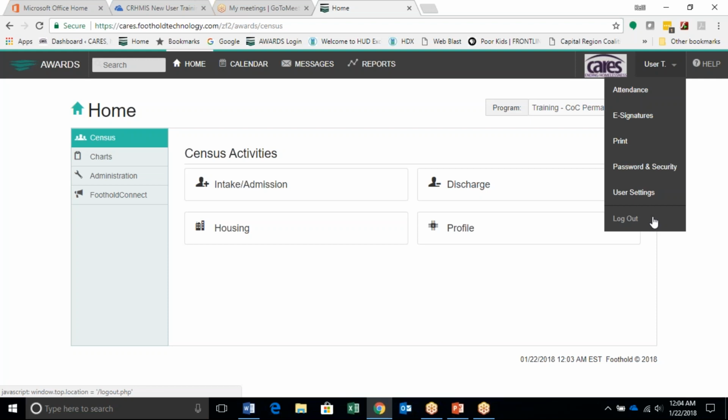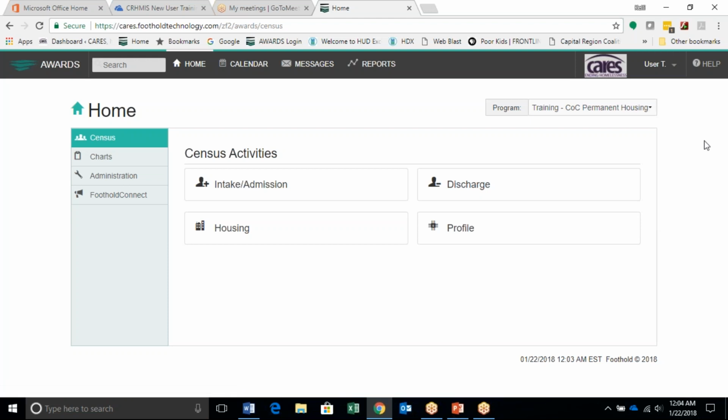So these are options that are not needed for using awards for HMIS purposes. And then there's the help menu. If you are interested in looking through online help, if you click on help, one of the things that I